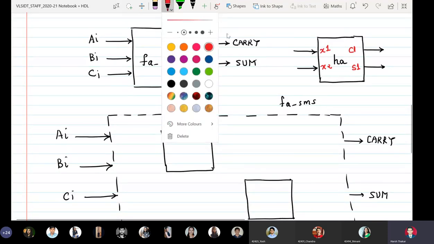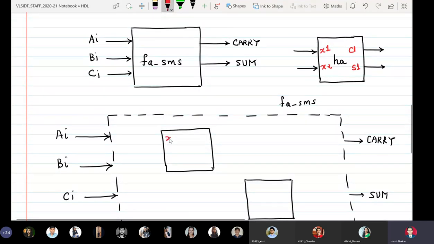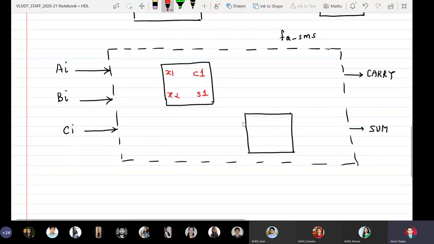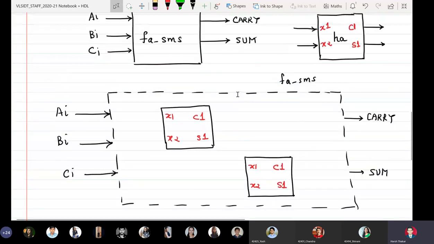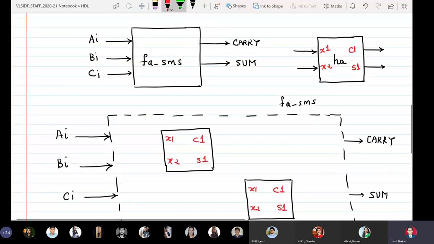So I will write x1, x2, c1, s1. So this is the first instance of half adder. Similarly, I will write x1 input of second instance, x2 input of second instance, the carry output of second instance, and the sum output of second instance. Okay. Now I will simply connect them.